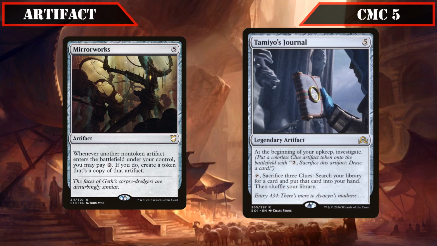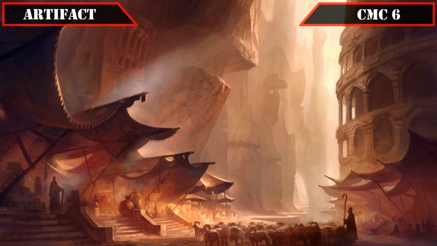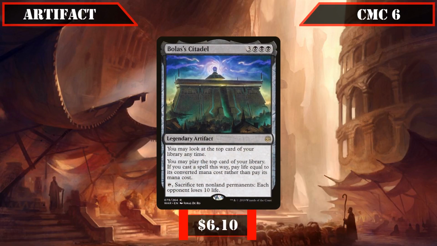Its last effect being more than capable of winning us the game on the spot if it lets us fetch up our last artifact. That artifact being the CMC 6 Bolas's Citadel, which lets us look at the top card of our deck at any time and lets us play and cast those cards using our life rather than their mana cost, in addition to letting us tap it and sac 10 non-land permanents to have each opponent lose 10 life. The future side effect it provides being powerful enough on its own as a source of card advantage if we have the life to spare,